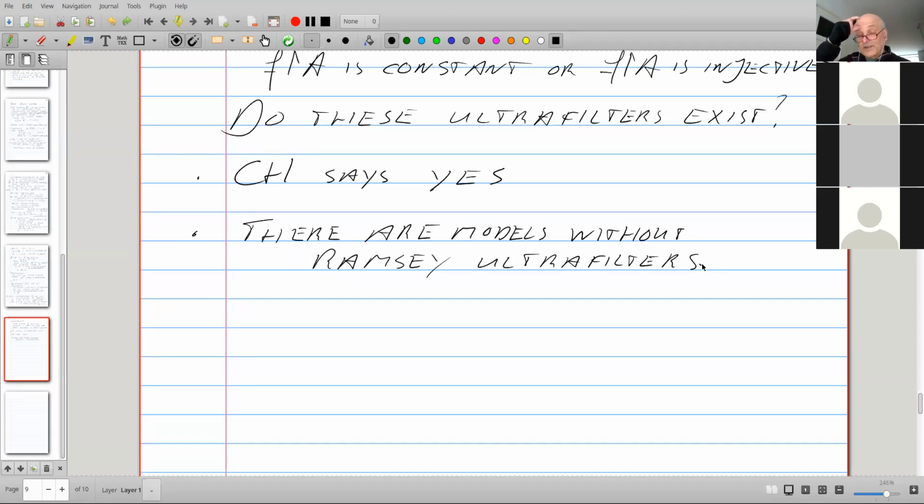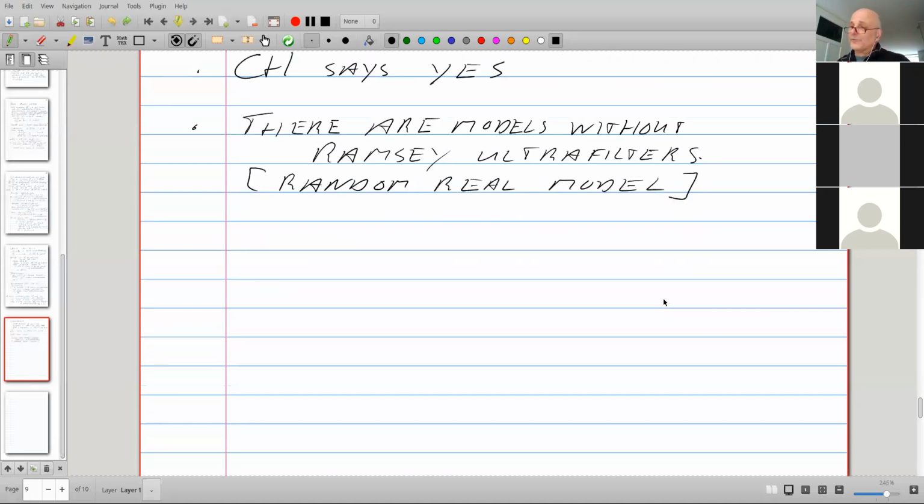If you ever encounter forcing and think back to this moment, the random real model has no Ramsey ultrafilters. Okay, now everybody tonight is going to Google the random real model and see what the hell that is all about. Fine.